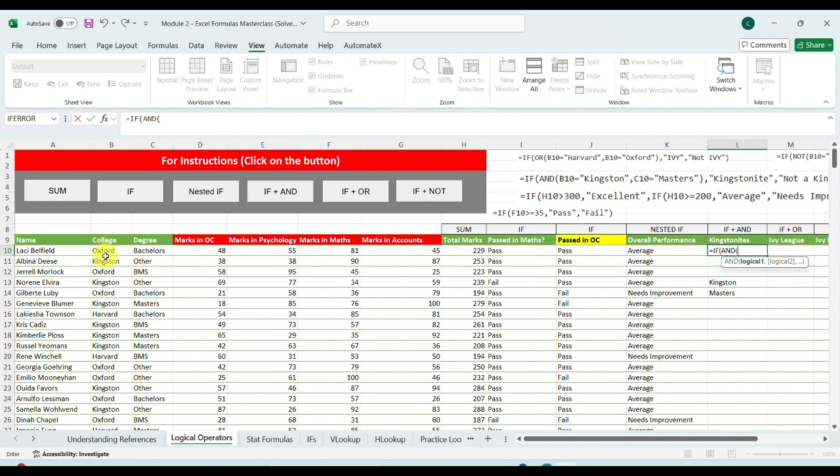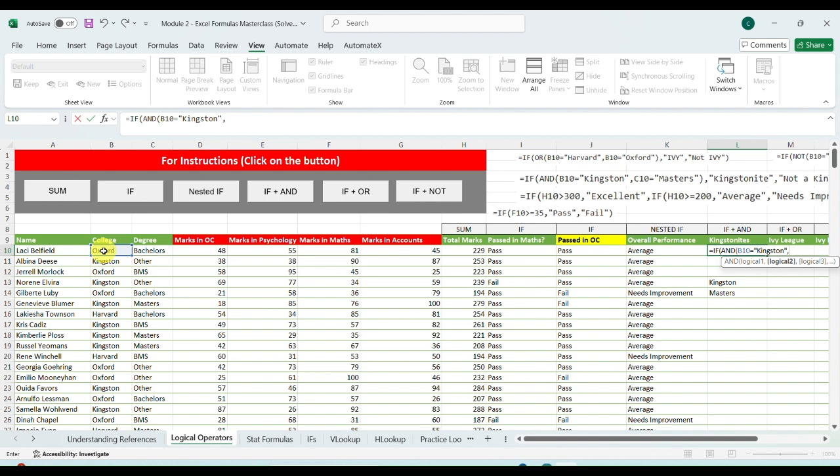This college name is equal to Kingston. See, spelling will have to be written correctly, otherwise it will give an error. That's why I'm taking time in writing the spelling. First criteria is if and this is equal to Kingston,